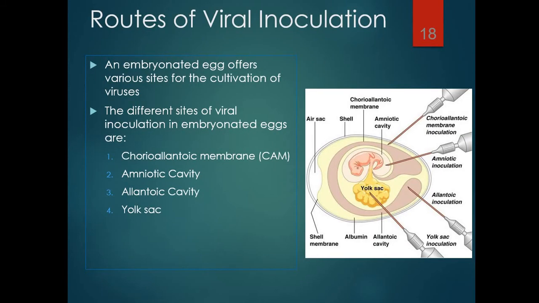Routes of viral inoculation. There are different routes for different kinds of viruses to inoculate. Here you can see the different routes. Let us see. The embryonated egg offers various sites for the cultivation of viruses. The different sites for viral inoculation in embryonated eggs are the chorioallantoic membrane, as you can see in this depiction, as well as I told you in the previous slide,